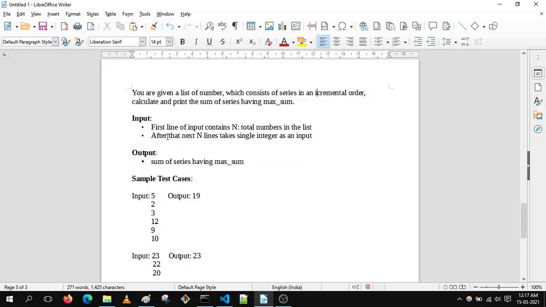The input will be like this: first will be n, which is the total number of elements in the list, and for output we have to output the sum of the series having maximum sum. Let's understand the problem with the test cases.